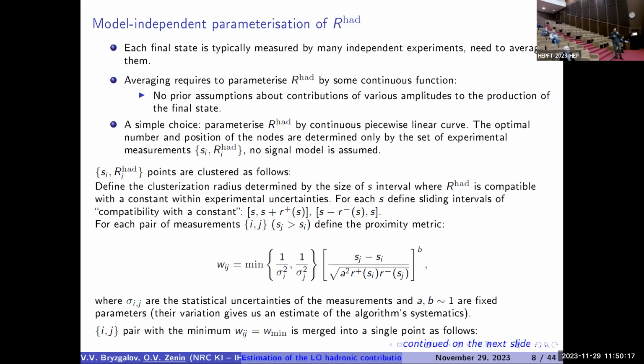So the shape of the cross-section is typically dominated by contributions of various intermediate states like rho meson, omega meson, and so on. So in principle, one can parameterize the cross-section